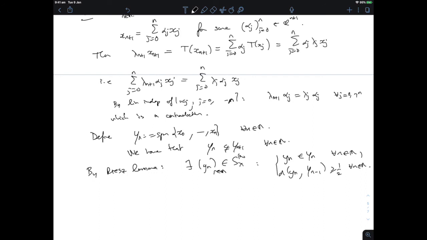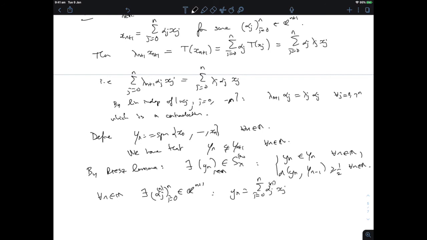I can say, because y_n is in capital Y_n, for every n, there exists a sequence alpha_j^n, j equals 0 to n in R^{n+1}, such that y_n is the sum of alpha_j^n x_j, j equals 0